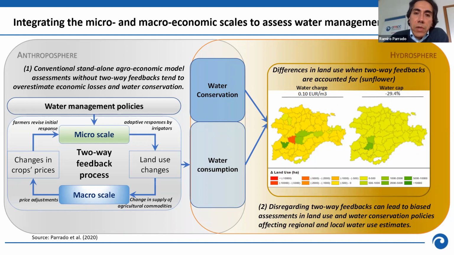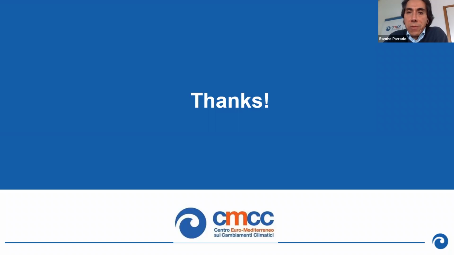But there are also some limitations in this approach, because in this case, we were considering only economic models, even though we were giving some numbers or conclusions about what happens with water conservation. And that is why we thought that it was important to include some other kind of models which could support these conclusions. And this could be a hydrologic model. And I think this could be the introduction to the next session that will be presented by Arthur, which could take into account also the coupling of a hydrologic model. Thank you very much. And if you have questions, you're welcome to ask them.